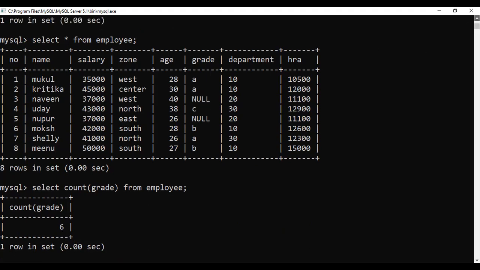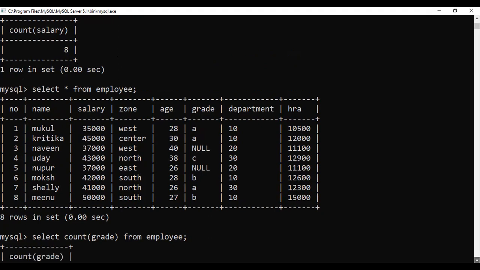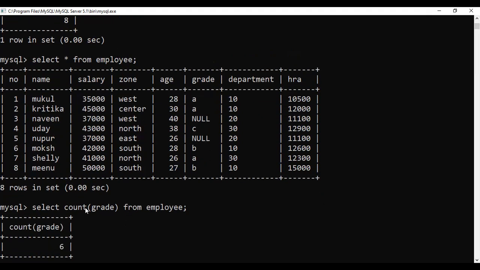The question can be in the case study form. It can be asked like, there's a table called employee. When the student writes the statement select count of salary from employee, he gets the output as 8, whereas he writes another statement, select count of grade, and gets the output as 6.